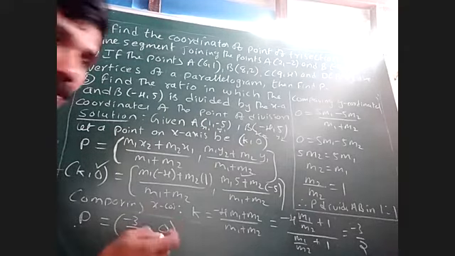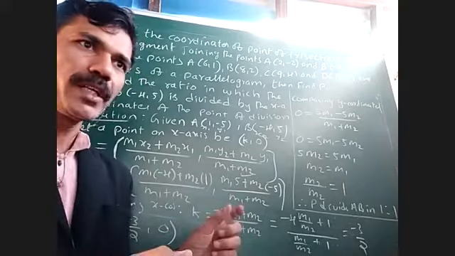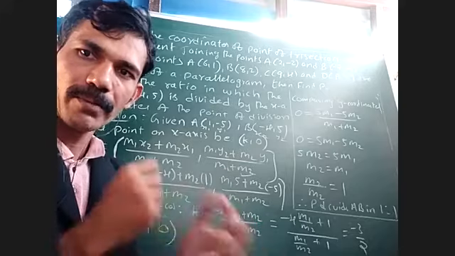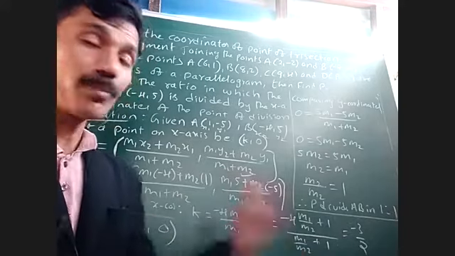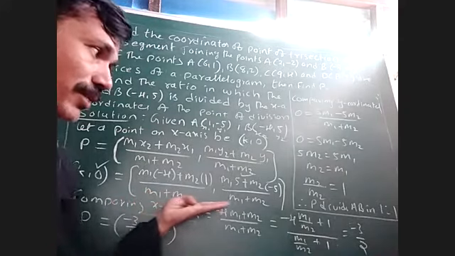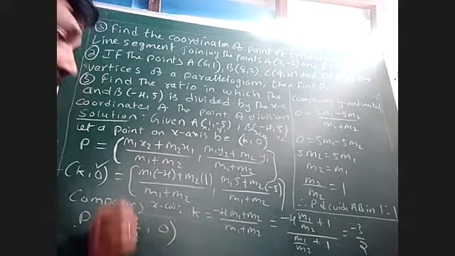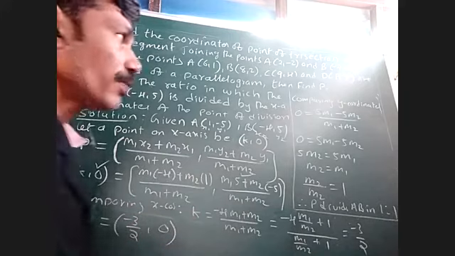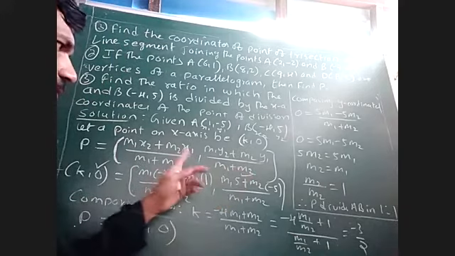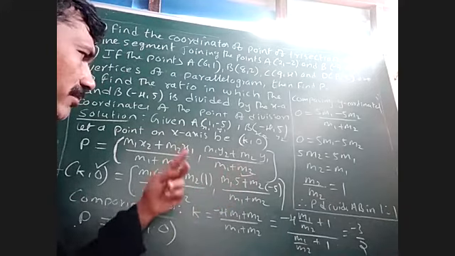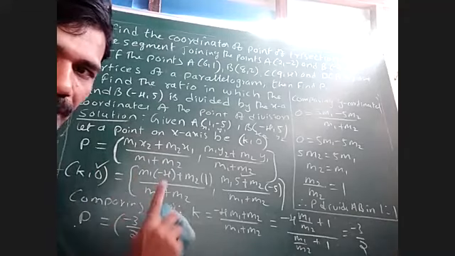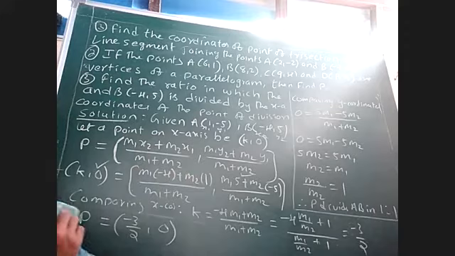See, any line segment in 1:1 ratio means the two segments are equal. That means that point will be the midpoint. You can also use the midpoint formula. Section formula is this much difficult, no? Instead of using the section formula, we can also use the midpoint and find these coordinates. How will you find the midpoint? In this section formula only, if m1 and m2 are in the ratio 1:1, what will it become? Then this formula will change to